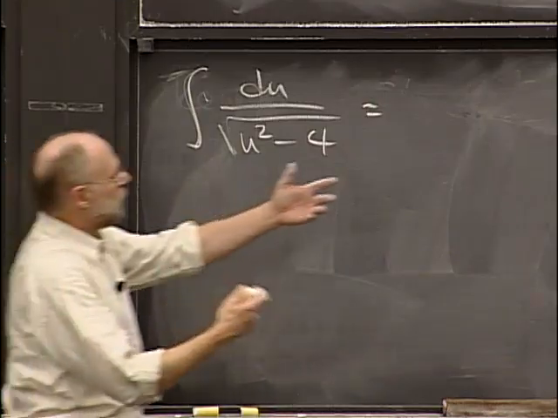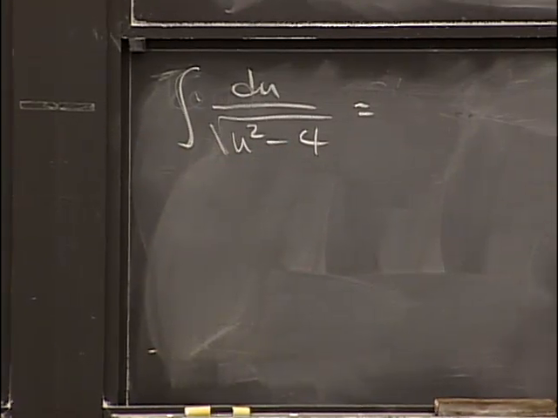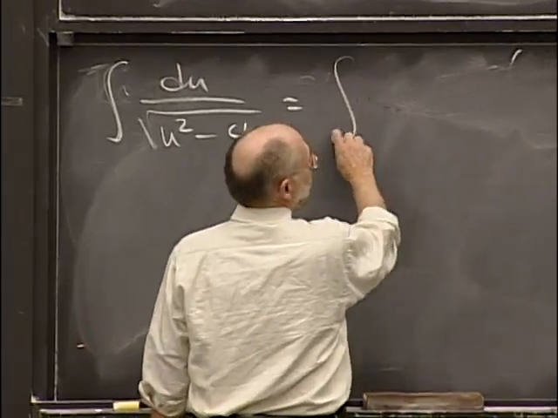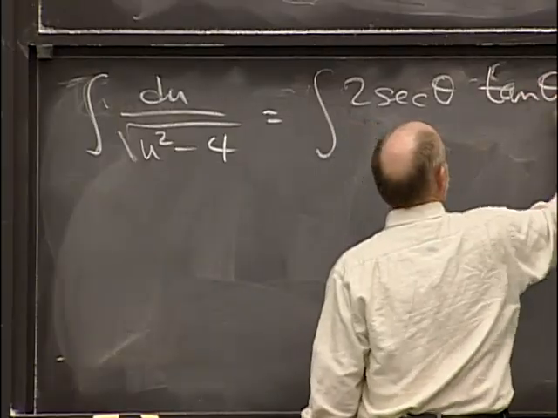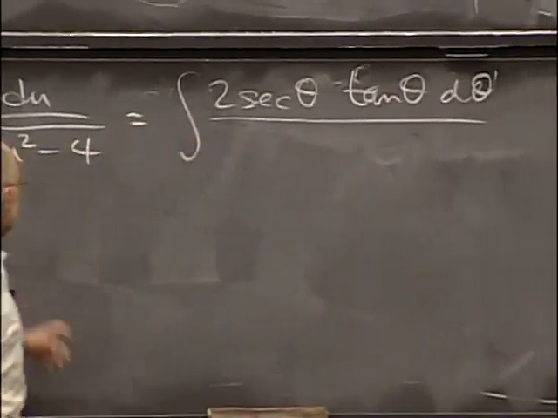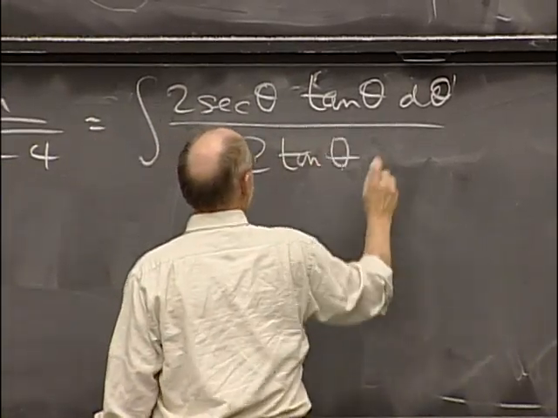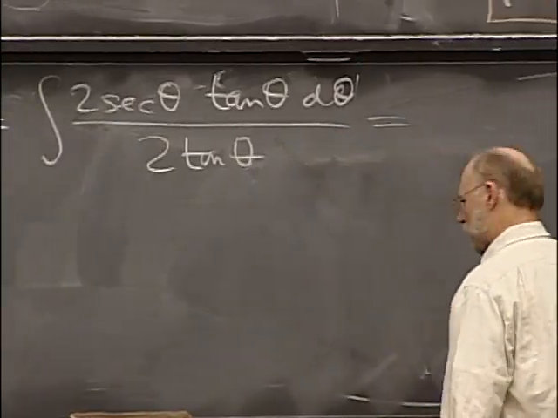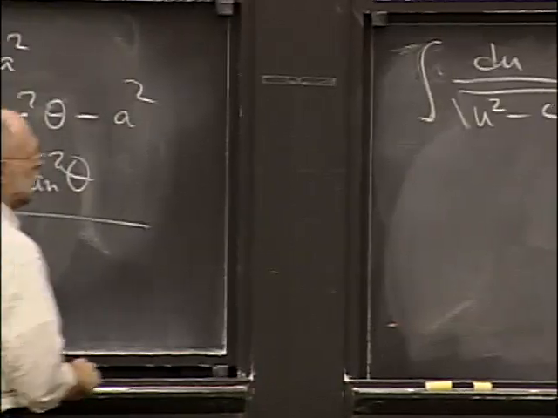And I have all the data I need here to rewrite that in terms of theta. So du is 2 secant theta tangent theta d theta. And the denominator is twice the tangent of theta. Ha! Some very nice simplification happens here. The 2's cancel,